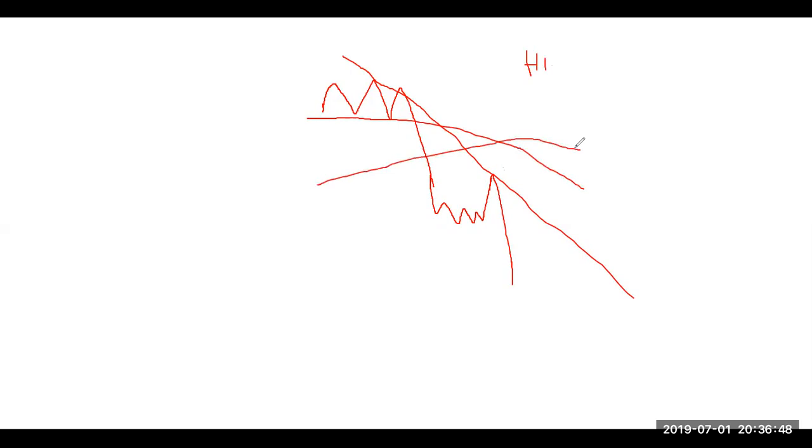Let me draw them. So the 13 EMA will be around this area here, and the 50 will pass along here. So the 13 and 50 EMA will cross, and on the second level, we'll find the 50 and the 200 EMA crossing on the hour 1 time frame. So the 50 and 200 on the hour 1 time frame, the crossover there will fire a signal to all